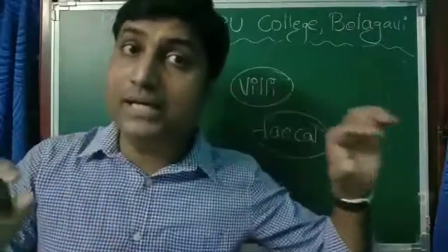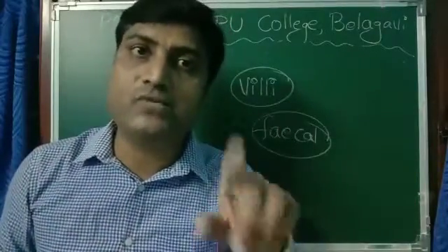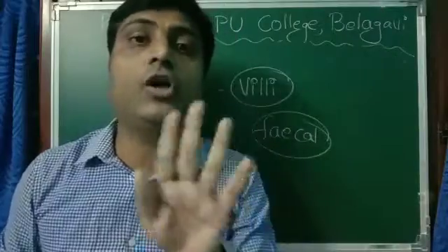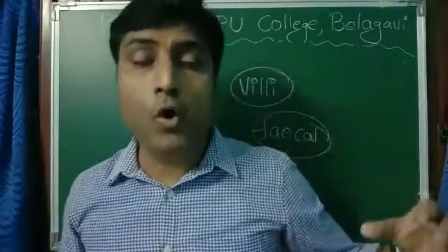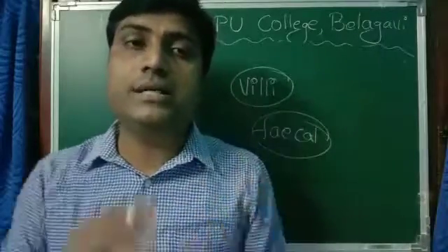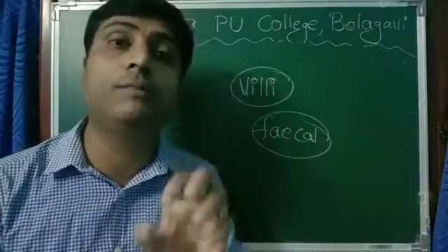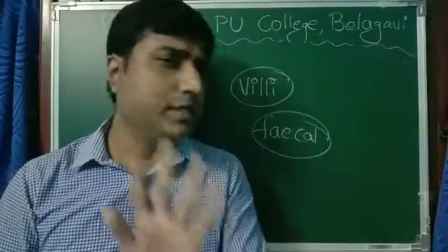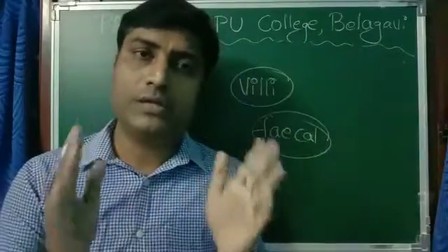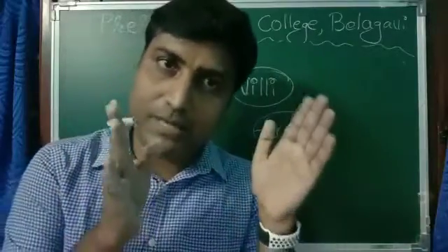The length of the intestine, small intestine, tells us whether an animal is carnivore or herbivore. If it is herbivore, the length of the intestine will be more because it takes much time for the digestion of cellulose. Herbivores depend on plants. Plants are rich in cellulose. If it is carnivores, they don't consume plant products, so their small intestine size will be short.